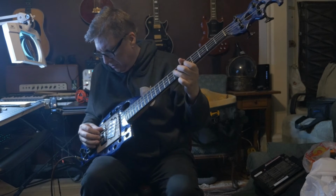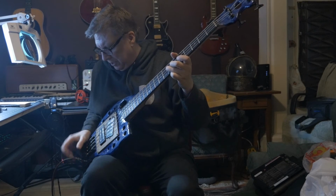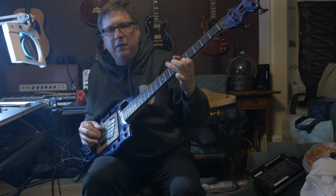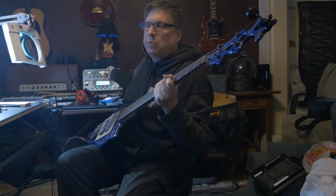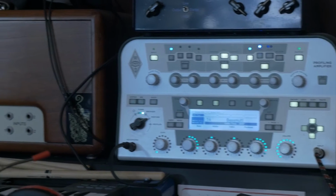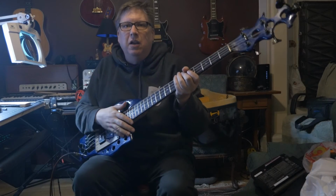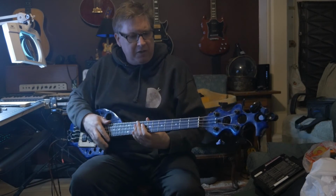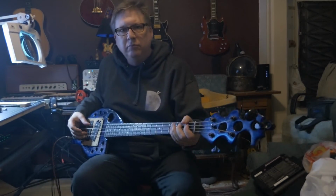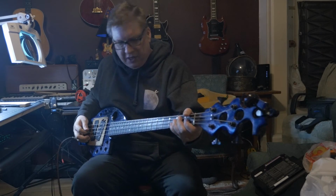Neck pickup. And this is the bridge pickup. We're going through a special program on my Kemper. This is an emulation of, actually I have no idea, I think this is an emulation of that amplifier, which is a JTM 45 clone. The other thing that this guitar does nicely is